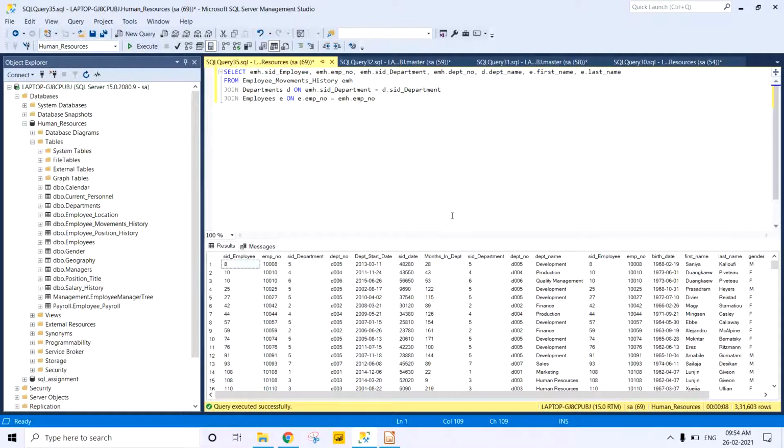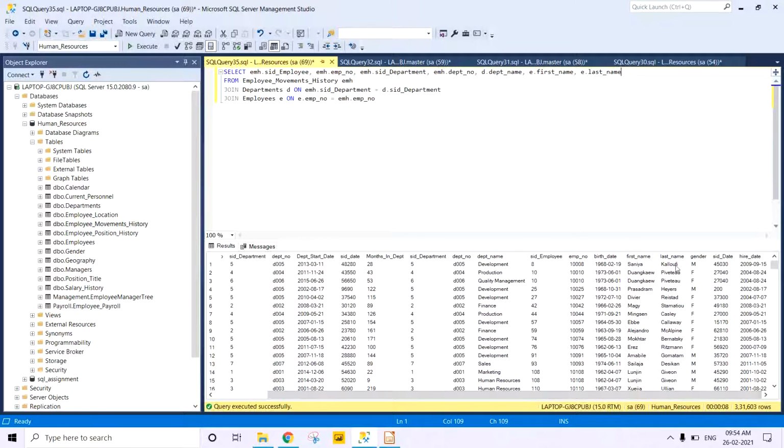Okay, so here giving these two columns in the select statement will give us two different columns like this, first name and last name. But what I want is both names, the first name and the last name, in the same column with a space in between. So for that I will use the concat operation, which will give me a single column of the name. And I'll add a blank space in between so that there is a space between the first name and last name, otherwise both of them will be joined.